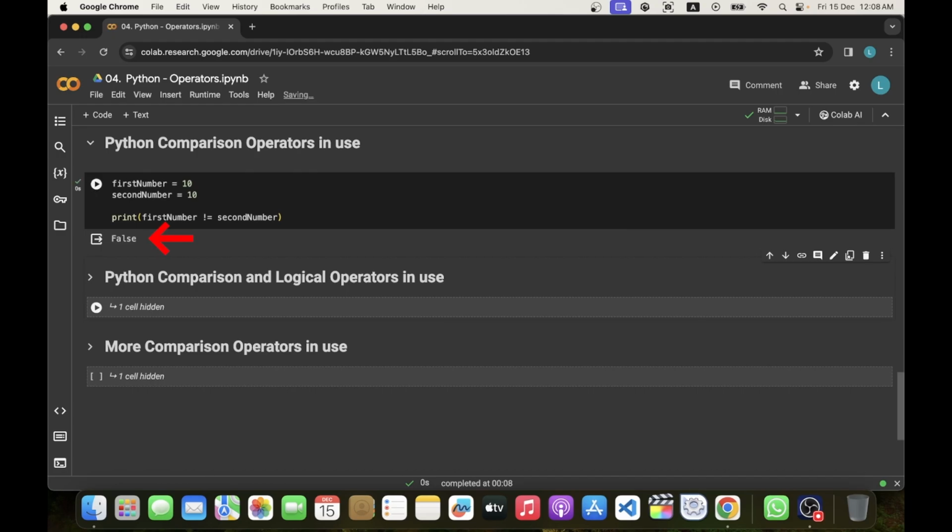And we can see it has returned false as we expected. Well, using the greater than operator, we check if the left side value of the operator is greater than the right side value or not. So let's use the greater than operator